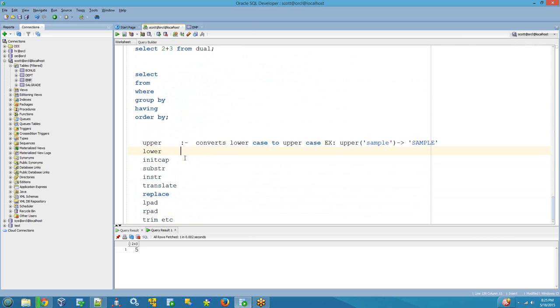Okay, and this converts uppercase to lowercase. Example, lower of 'SAMPLE' is 'sample'. Now INITCAP converts